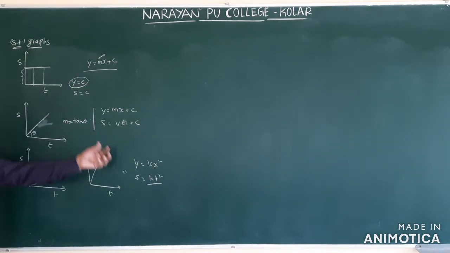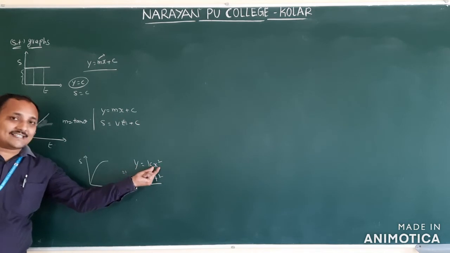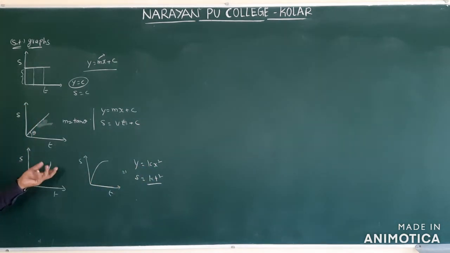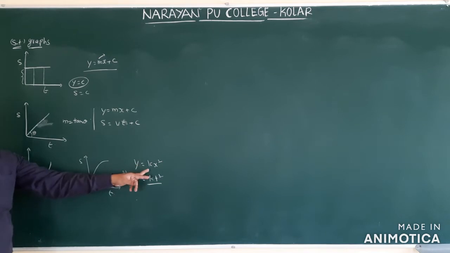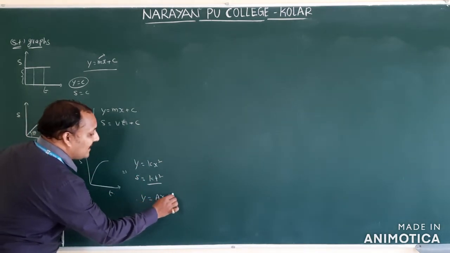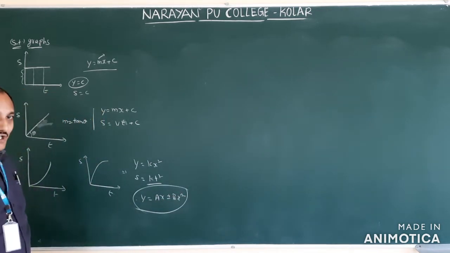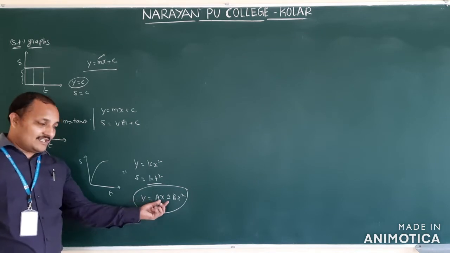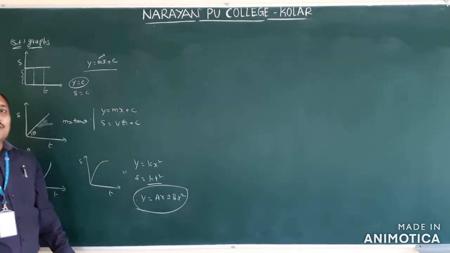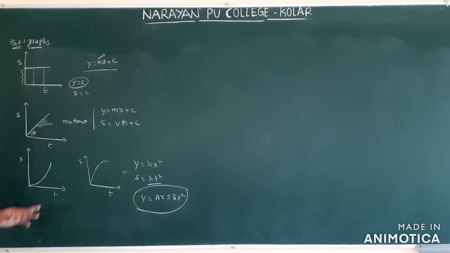You know the straight line equation, but you don't know this one. Don't worry. Whenever y is a function of x square, the graph will come like this. Presently you can remember it like this. This is the equation for a parabola. The general equation for a parabola is ax plus or minus bx square. You will get this in our next lesson, motion in a plane, and how this equation is related to the parabola. So that is about graphs. This is constant velocity, this is increasing velocity, this is decreasing velocity.